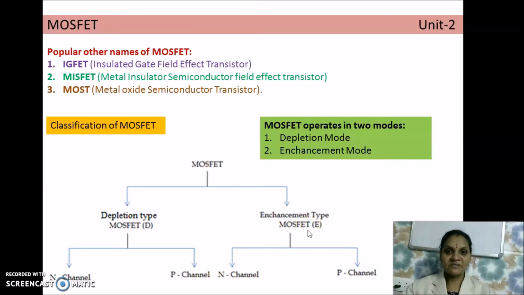So totally 4 different types of MOSFETs are available. But whatever may be the type, any MOSFET, generally I am telling, can be operated in two modes of operation, depletion mode and enhancement mode. But depletion mode is not possible in case of enhancement type MOSFET. Got it? So the next one is,